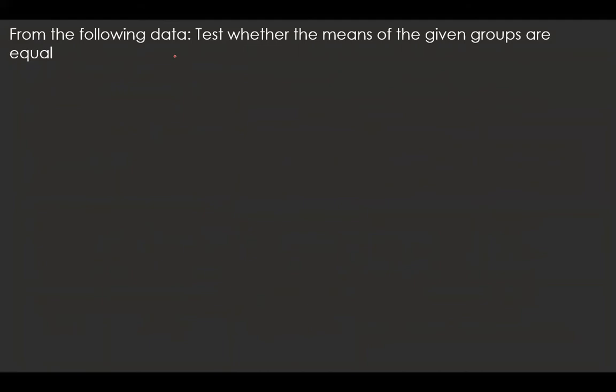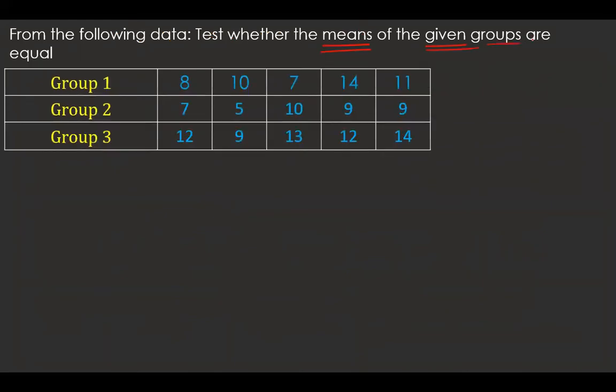I take this as a previous example, just like that. So I am taking it to compare the means of 3 given groups. I'm going to find it out here. Now, this is what is given here. Now, what I'm going to do, first step, is state the hypothesis here.